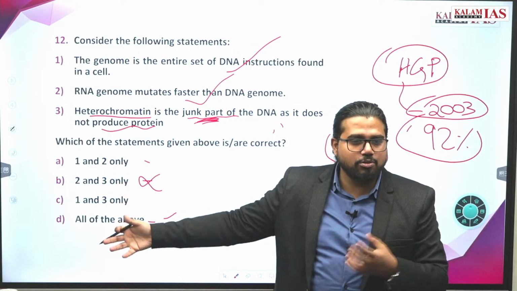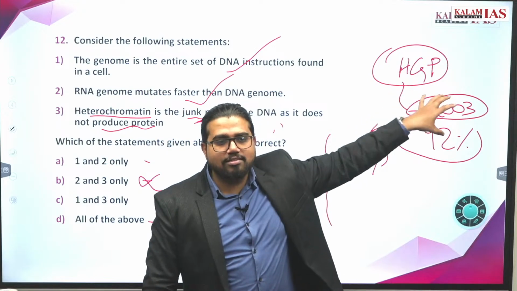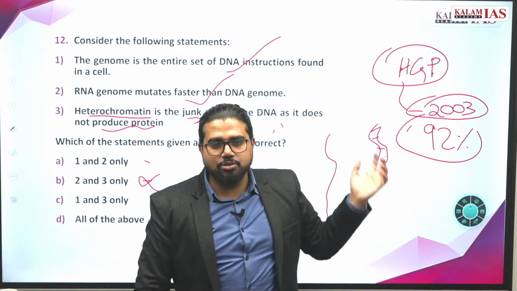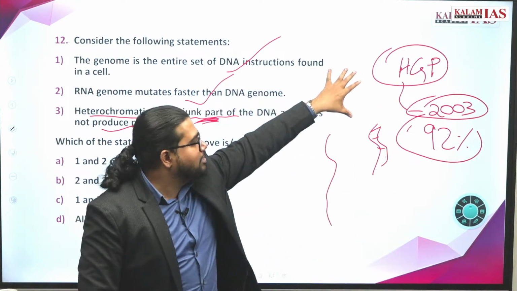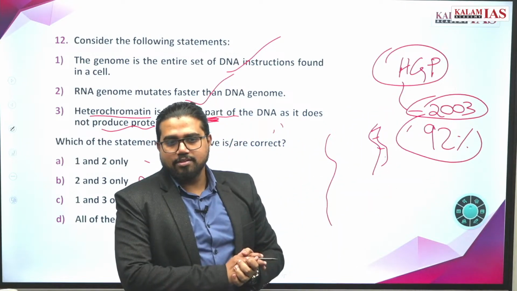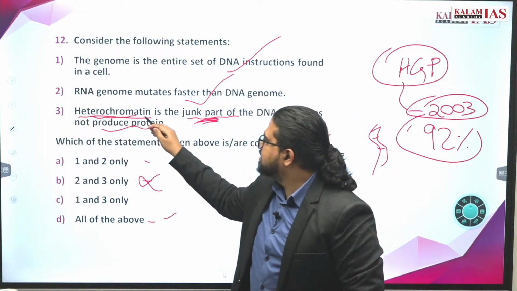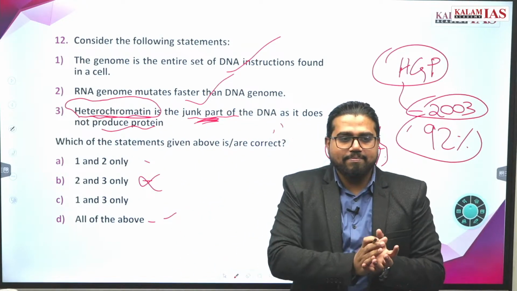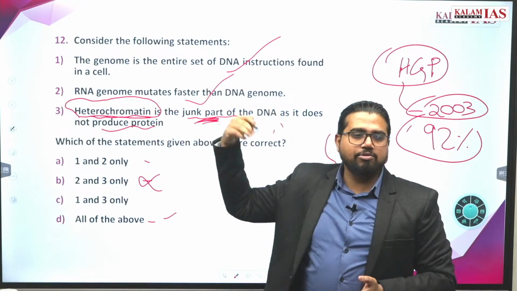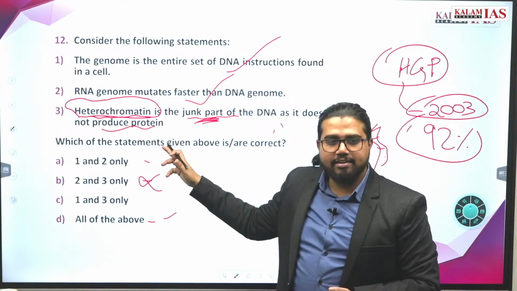It becomes very difficult if you go for 100%. So 8% was not decoded in 2003 when the project was completed. And recently, last year in 2022, some scientists came up with some option, and they have decoded the pending part also. So that's why this was in the news. Genome project, all these. That's where heterochromatin came in. This is all a very correct statement. This part was not coded then. Now we have the information of this part also. This is a junk part which doesn't produce protein.